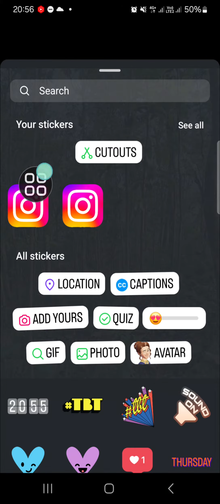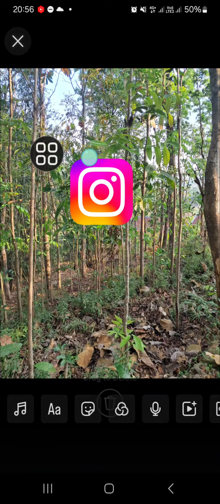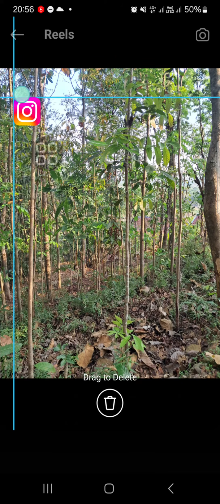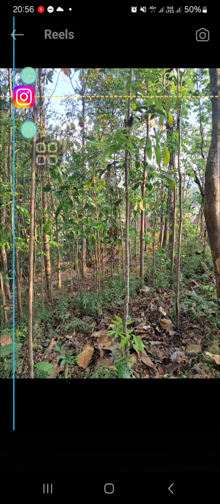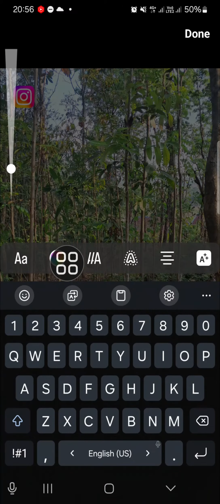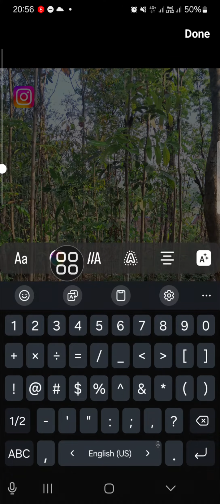I'm just going to select this logo and I'm going to add my username as well. Wait, I'm going to make it smaller and place it right here. Okay, then I'm going to add tags to this reel. I'm just going to add my username,